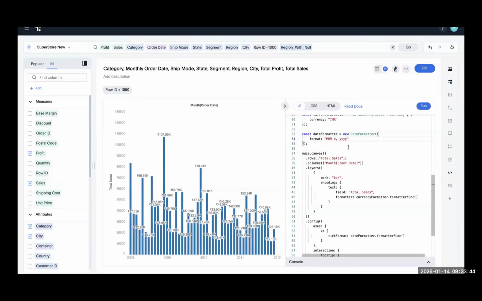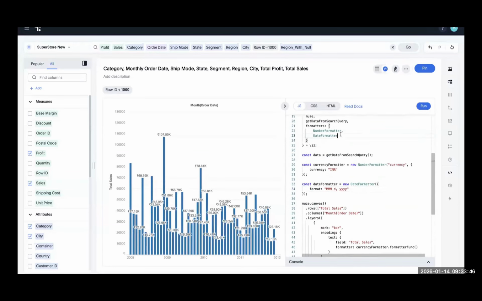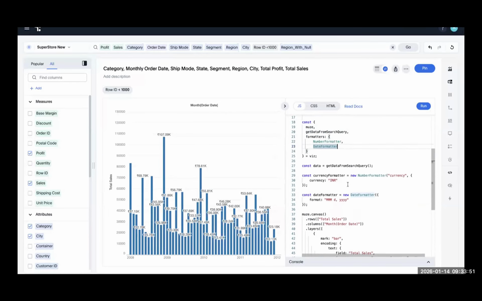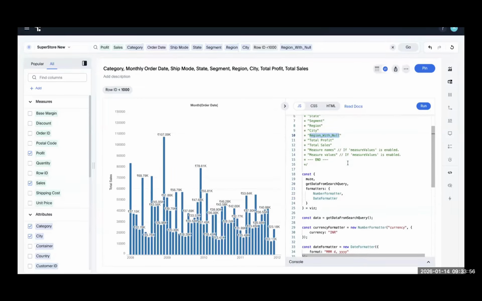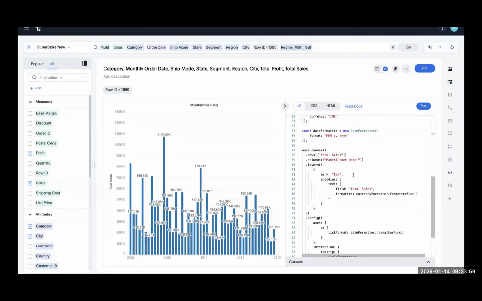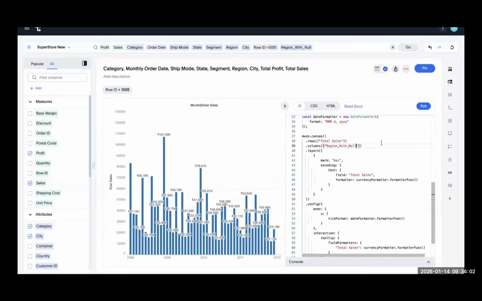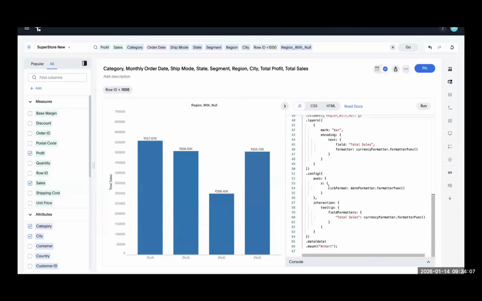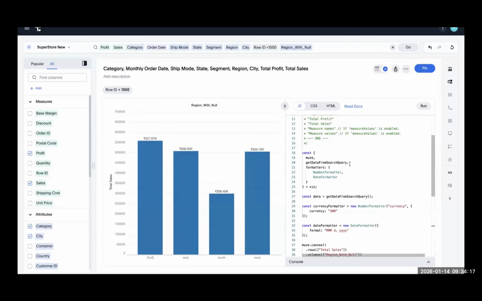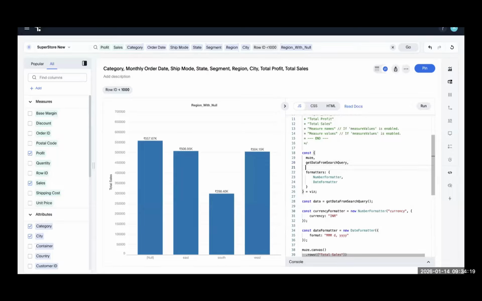So these are some examples of the new formatter API that we have added. And one of the APIs that we have added is null value replacement. Let's say I have a field called region, which has a null value, and let's remove this formatter as it is not needed. Yeah. Now, what if we want to replace this null string with something else? So we have to import